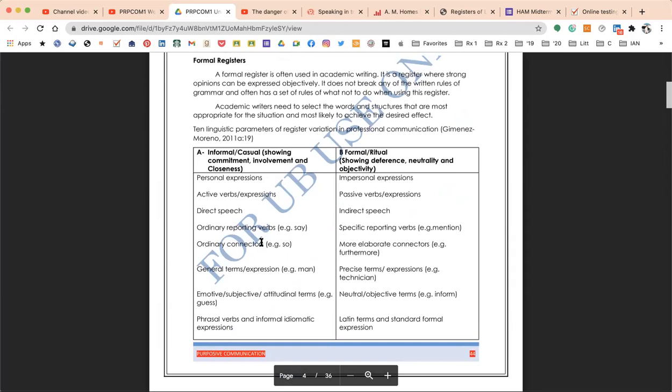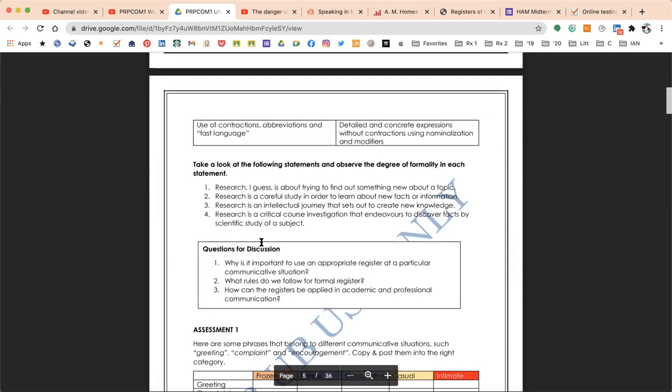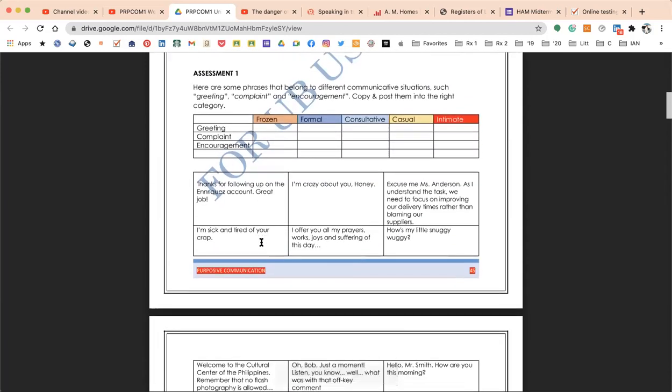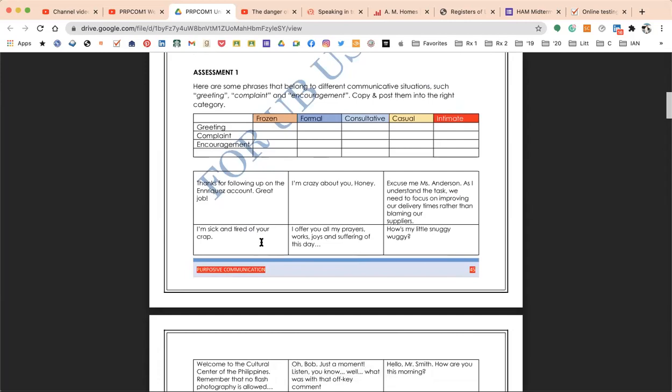I remember. So, for example, informal or casual is more direct, uses active verbs, etc. While in a formal or ritual way, they are indirect and they use passive verbs, etc. So, go over these key terms later on. And of course, here are some practice sessions that you can do, which are similar to your examination for the midterms. Your exam for the midterms is actually sort of an application of all of the things that you have learned. So you're going to apply these ideas or these concepts, but you do not memorize them. They are objective in a way that I'm going to give you options and you're going to look for the best option for a certain situation or for a certain dialogue that I am giving you.